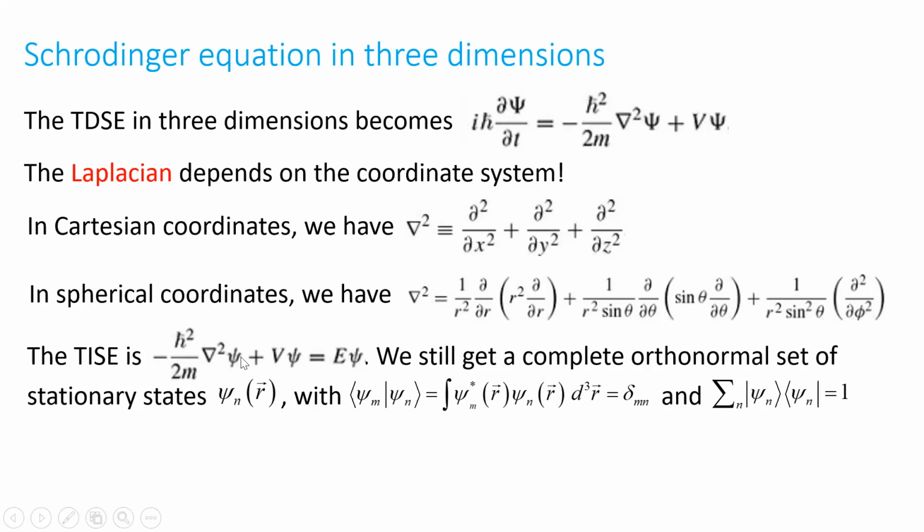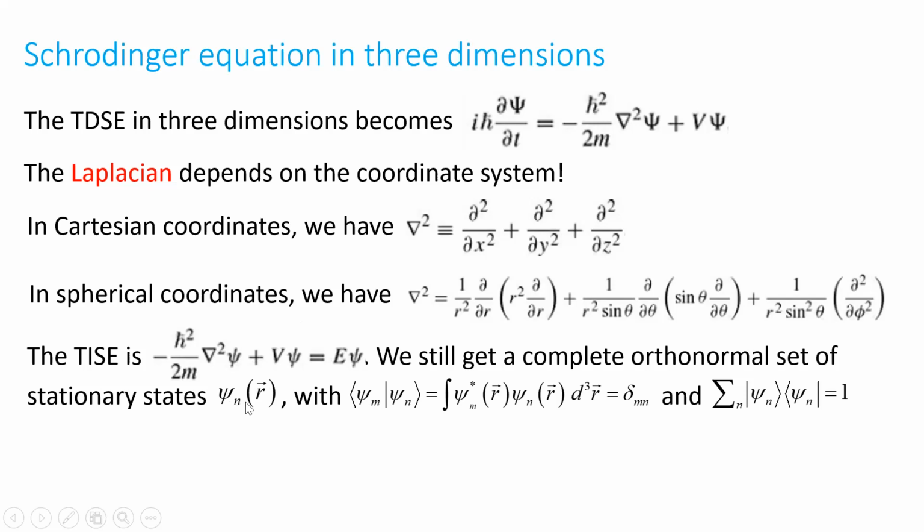There's no time variable. So that's the generalization: we replace the partial with respect to x squared with the Laplacian to go from 1 to 3 dimensions. We still get a complete orthonormal set of stationary states when we solve the time-independent Schrodinger equation,